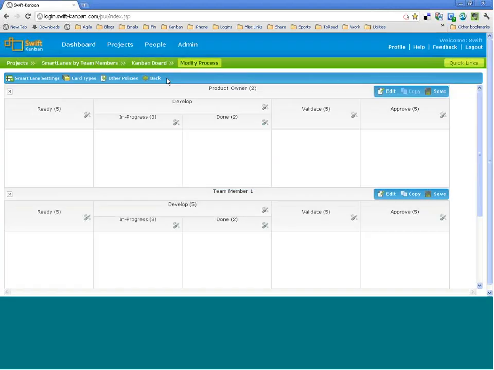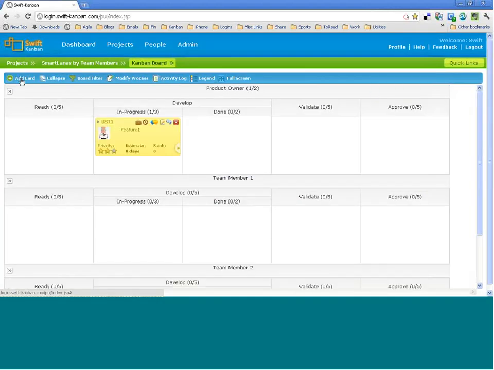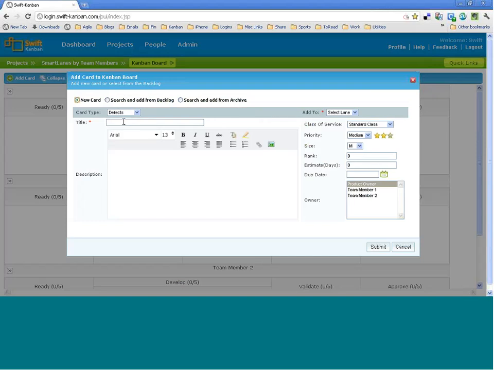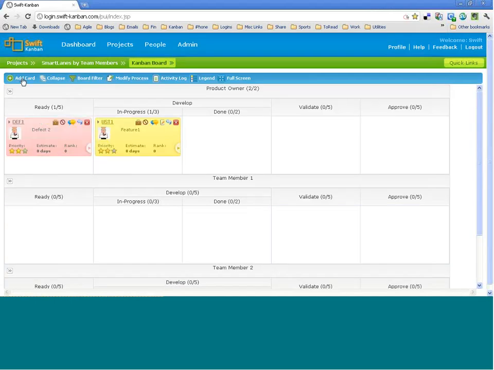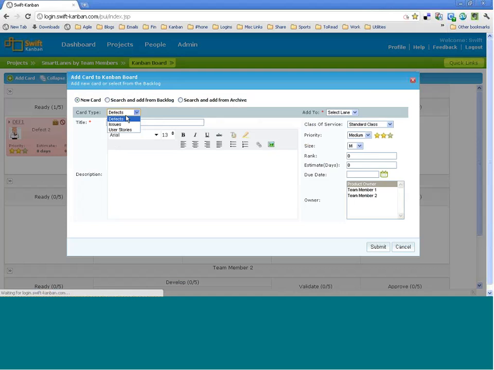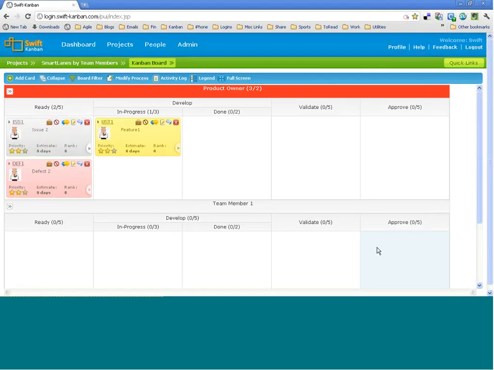And let's say if you do that, and if I have 2 more cards for the product owner, and just adding a third card, the moment you have a third card, it will immediately highlight that you have loaded